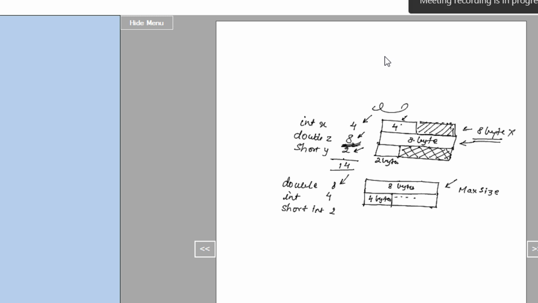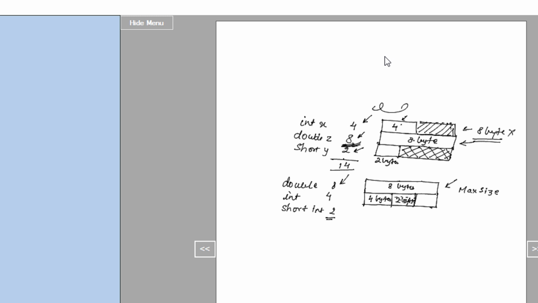And I still have 4 bytes remaining with me, right? Now it sees that, okay, I am encountering a short integer. So it will say, okay, I have some space here, so I will allot 2 bytes here.